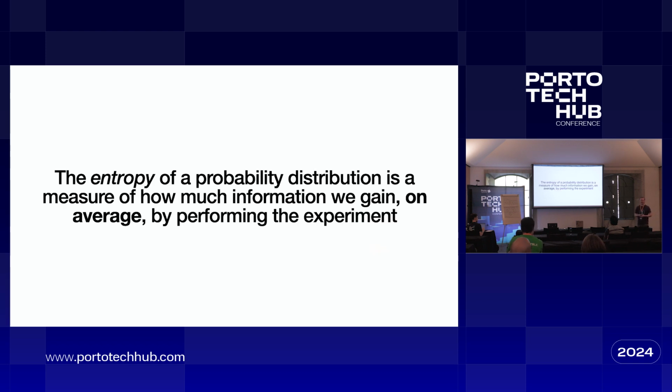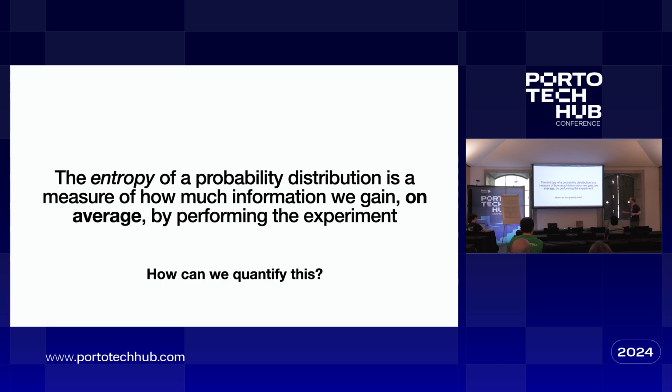Who here knows what entropy is? One person. Okay, good. I didn't either, a couple of years ago. So the entropy of a probability distribution is a measure of how much information we obtain after performing the experiment and getting a result, okay? Or alternatively, you can think of it as the amount of randomness in a system, to the extent to which this system is random. Or some people say the amount of surprise.